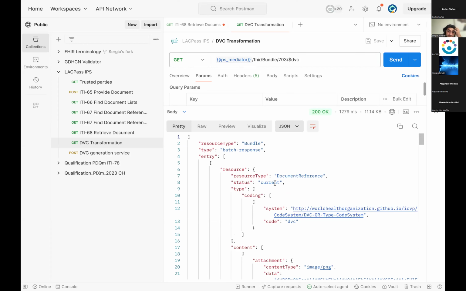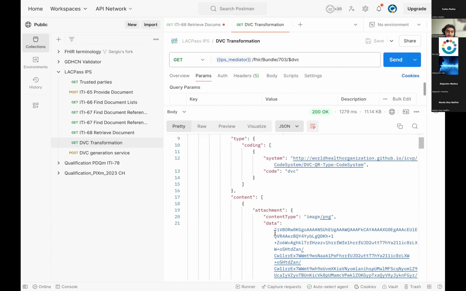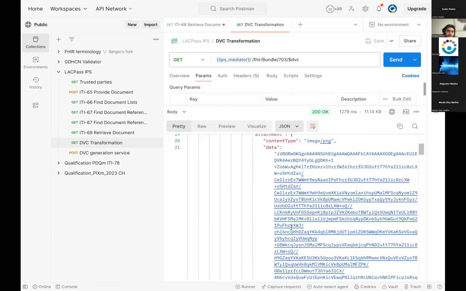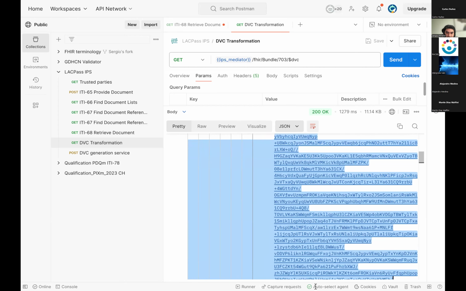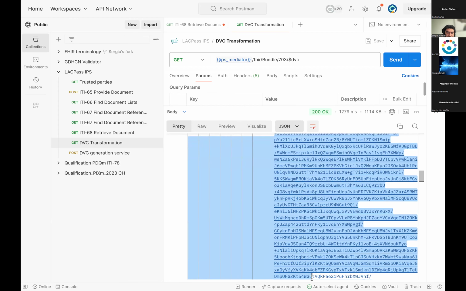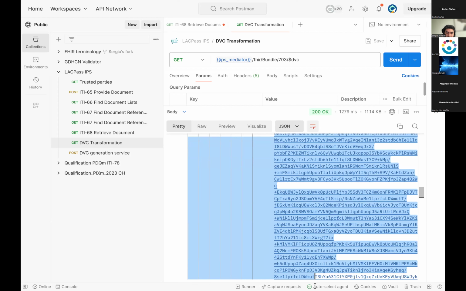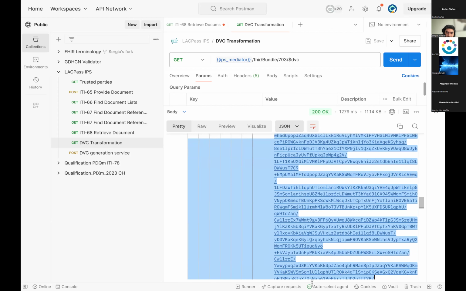So if I run this, as you can see here, the mediator response provides me with the batch response with a document reference, and here in the attachments is an image, which is a PNG of the QR code in base 64. So I can copy this